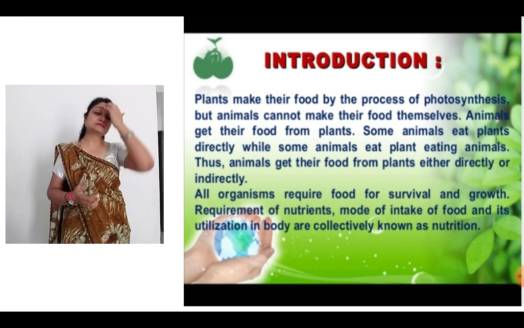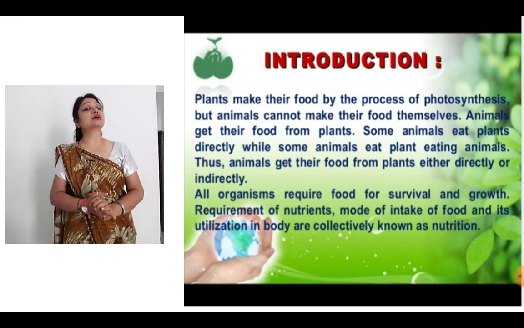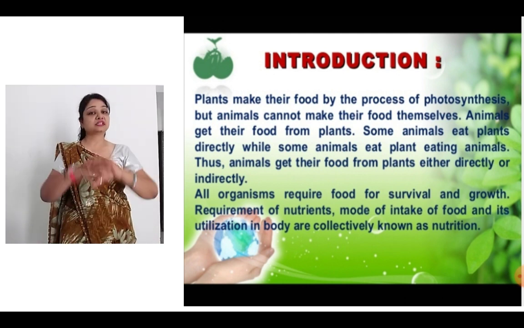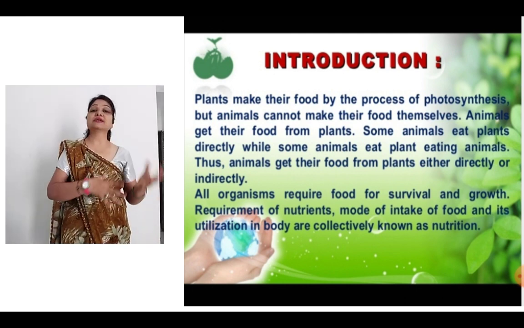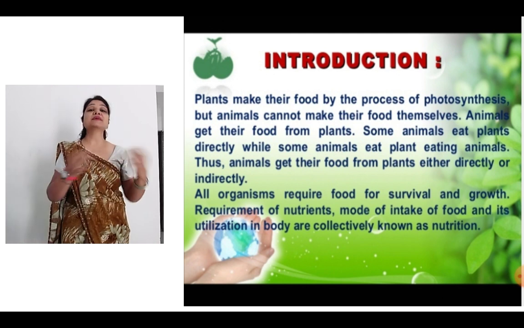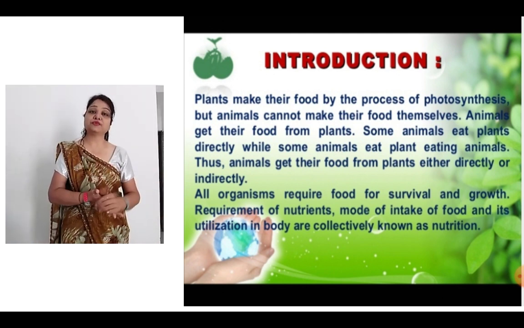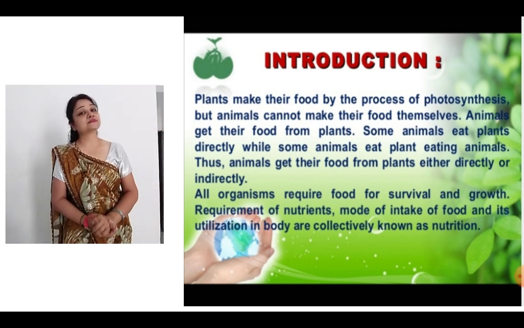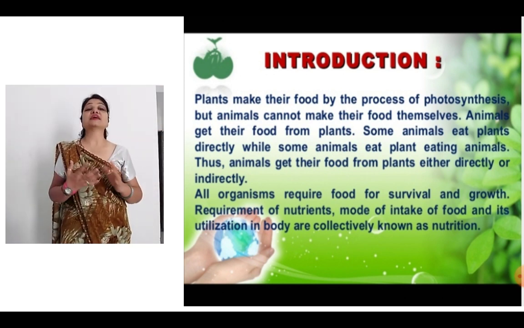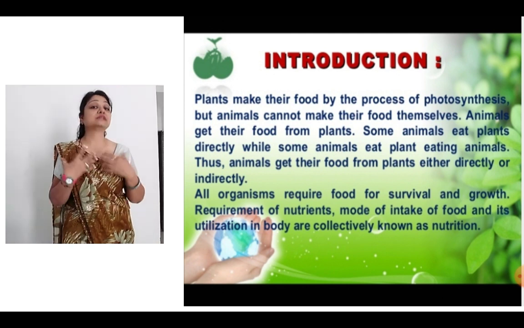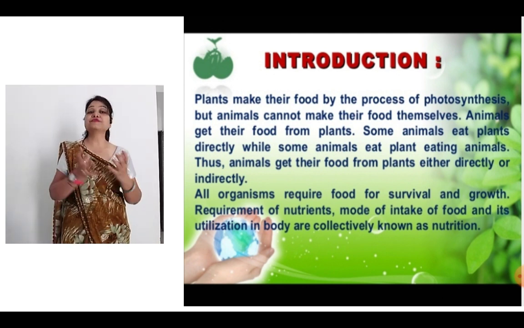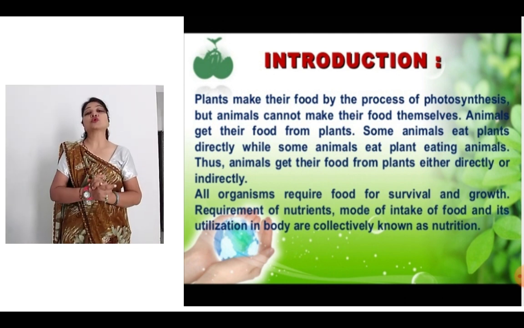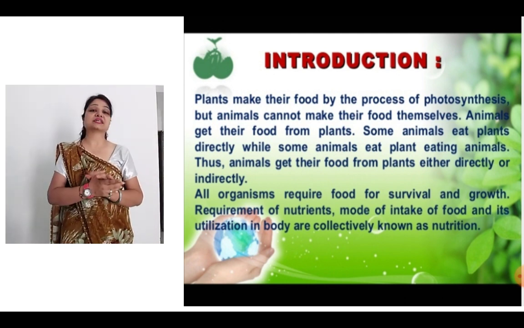Got it? So if I ask you how animals depend on plants for food, this will come in your answer: some are eating the plants directly, some are eating the animals who are herbivores. So directly or indirectly the animals are depending on the plants. All organisms require food for survival and growth, including us. Requirement of nutrients, mode of intake of food and its utilization in the body are collectively known as